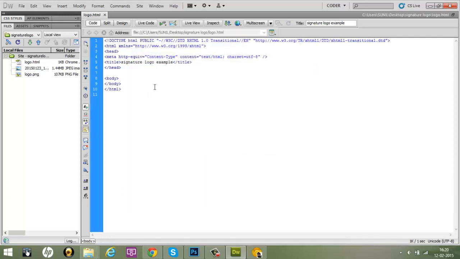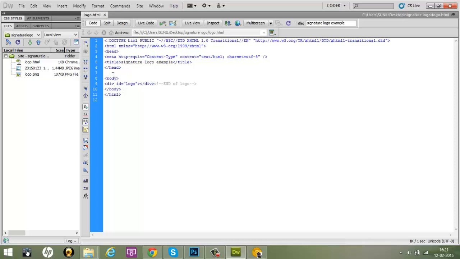And then inside of my body tag I'll create a div with the ID of logo and end it right there. Write a comment end of logo,